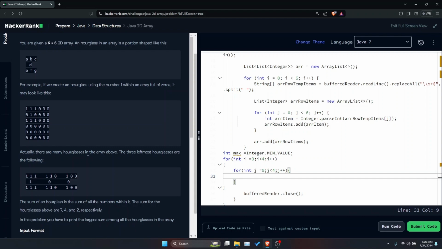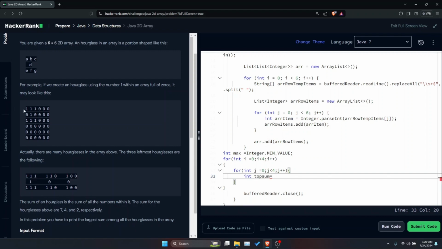So if we want to find the sum of an hourglass, I would divide the sum into 3 parts. I would first take out the top sum, then the middle sum, and then the bottom sum. So I would create an integer top sum.